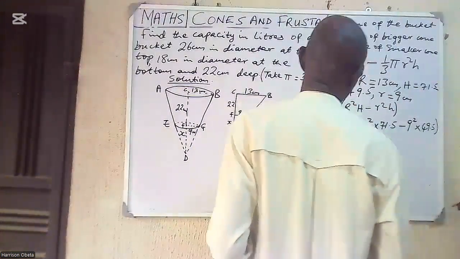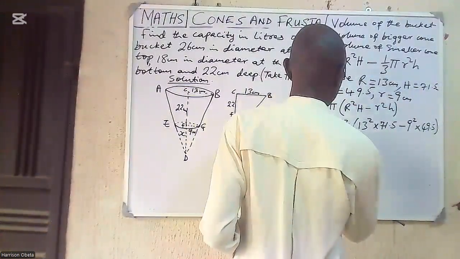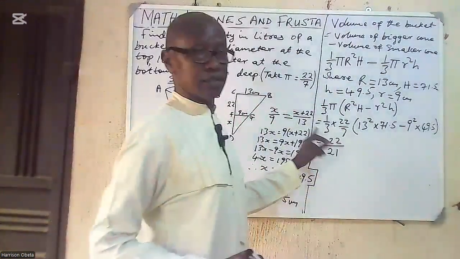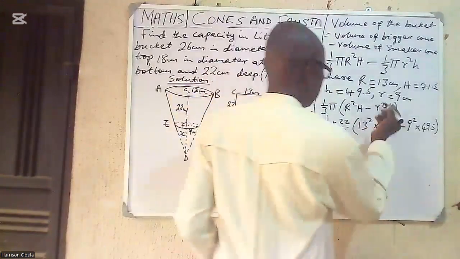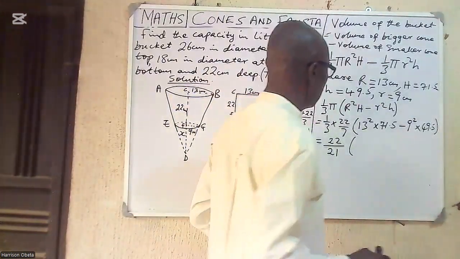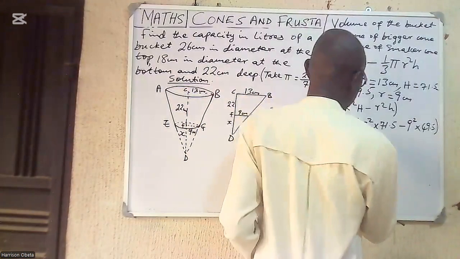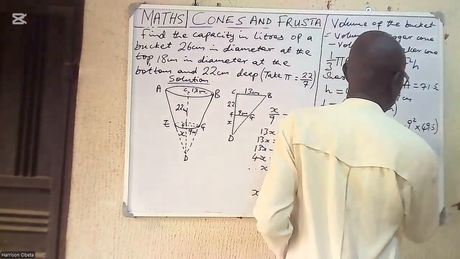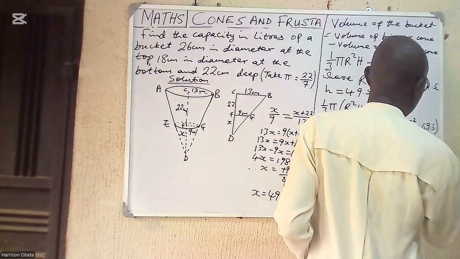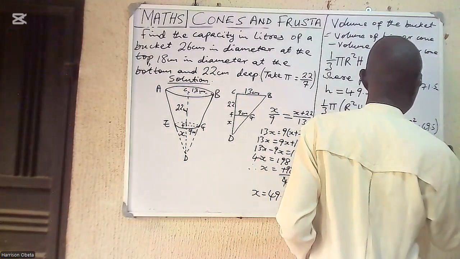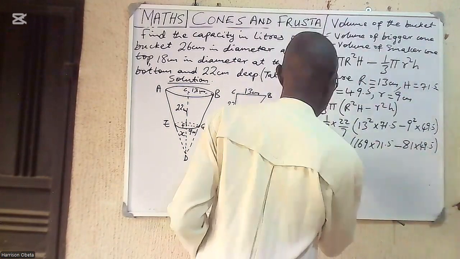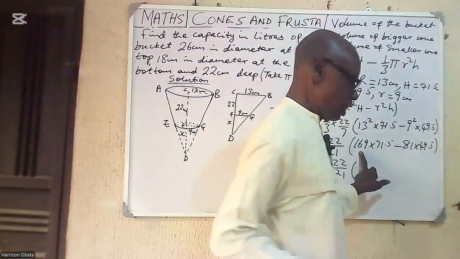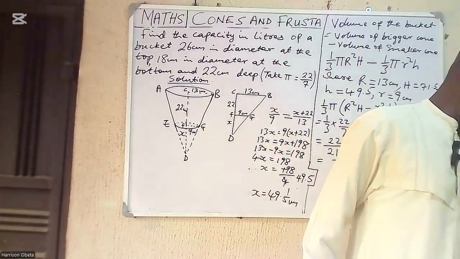So, that will give us, we continue, we have 22 over 21. Then, handle the one in the bracket. This should be 169 times 71.5 minus 81 times 49.5. And if you check your calculator, 22/21 into, to check your calculator, we have